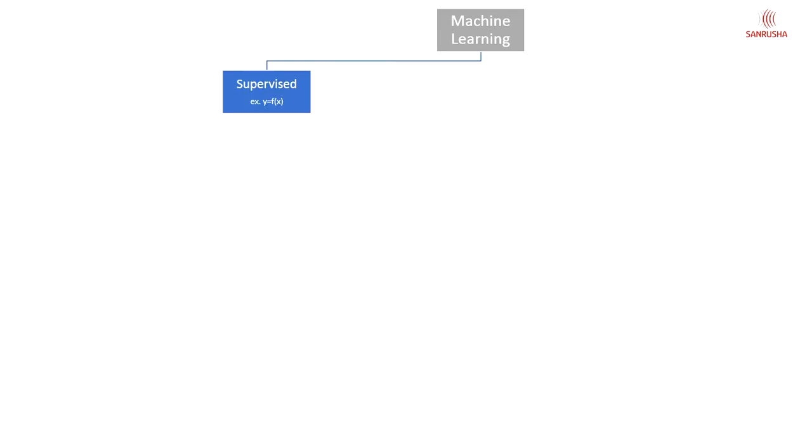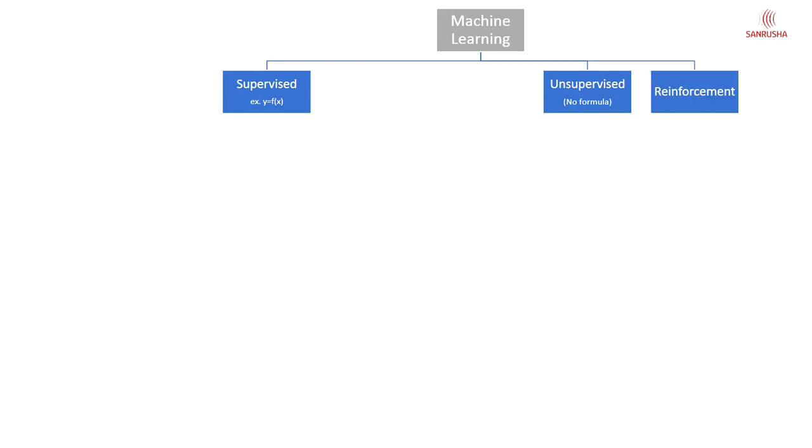In this lecture, I am going to take you through different kinds of machine learning algorithms. So let's begin. At a very high level, the machine learning algorithms can be segregated or grouped in three separate categories. The first one is supervised, then unsupervised, and then reinforcement. So let's understand what these are.